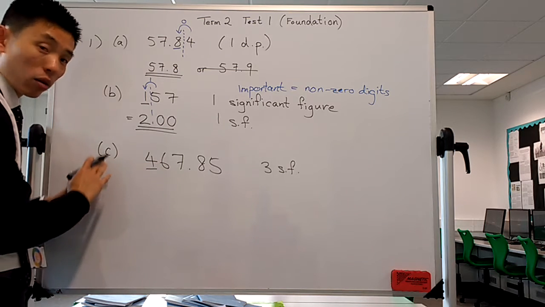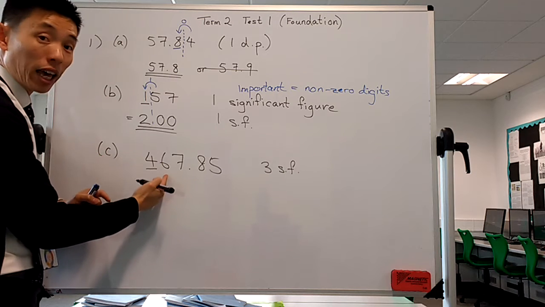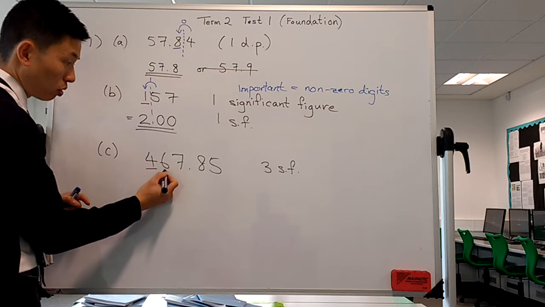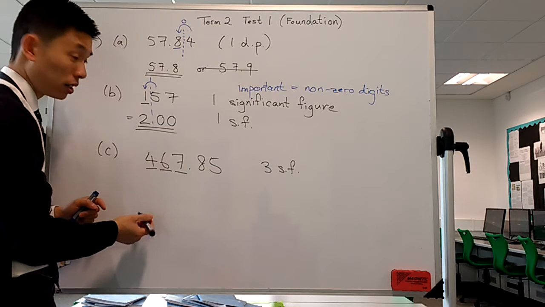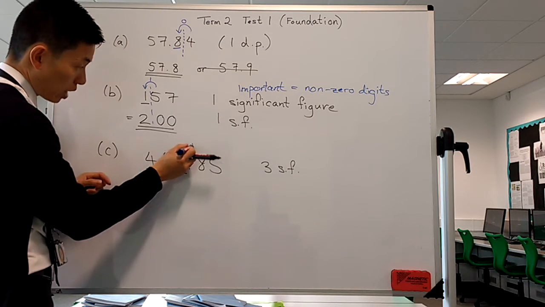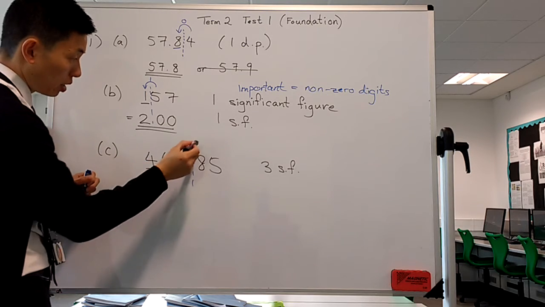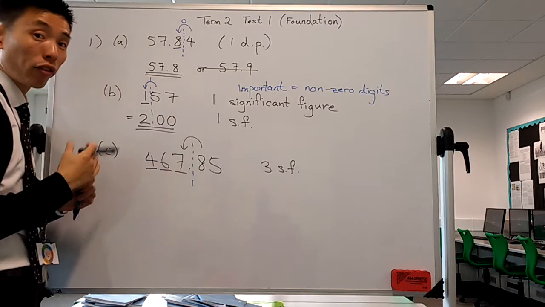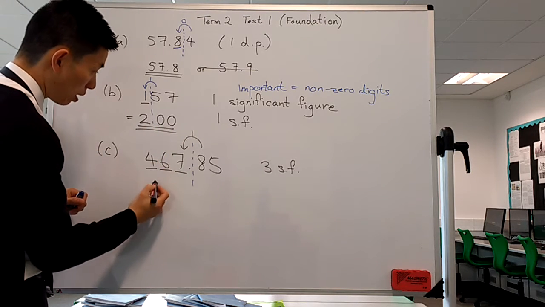Yes. And from then onwards, everything is a significant figure, even if there's a 0. So 3 significant figures: first, second, third significant figure. So that's where I look at the next digit. 8 is bigger than 4, so round up 1. So that becomes